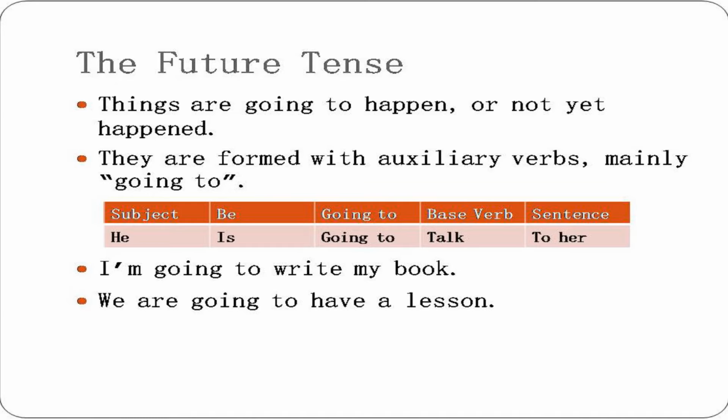So, he is going to talk to her. So what does that mean? We have the subject, so we're talking about someone, in this case "he," and the be verb, which is relative to the subject itself. So he is, they are, she is, it is. He is going to, verb, and the rest of the sentence. He is going to walk up the mountain.